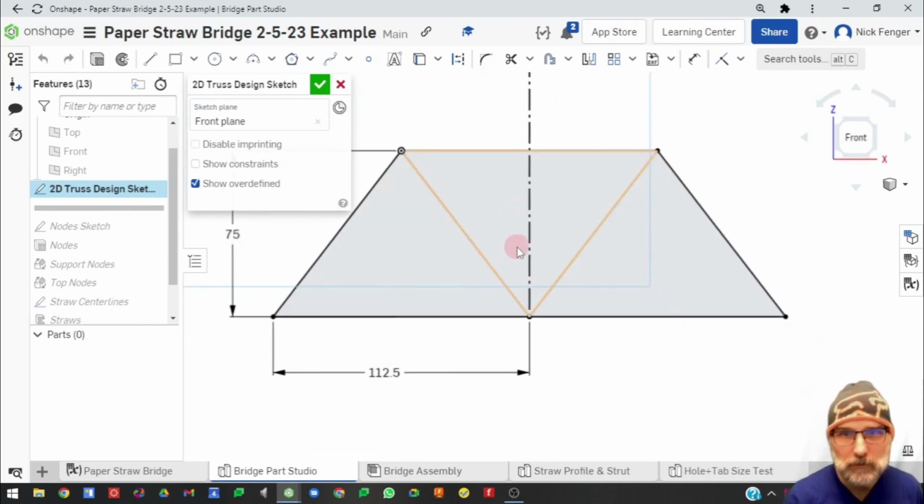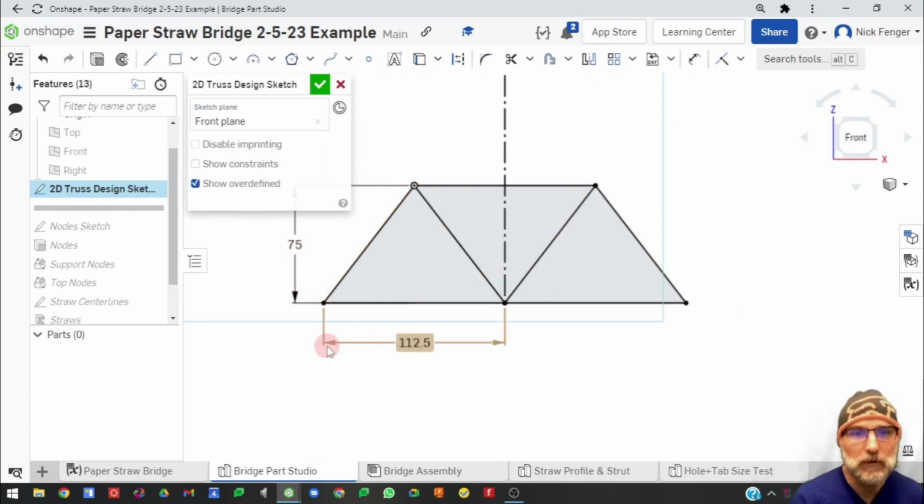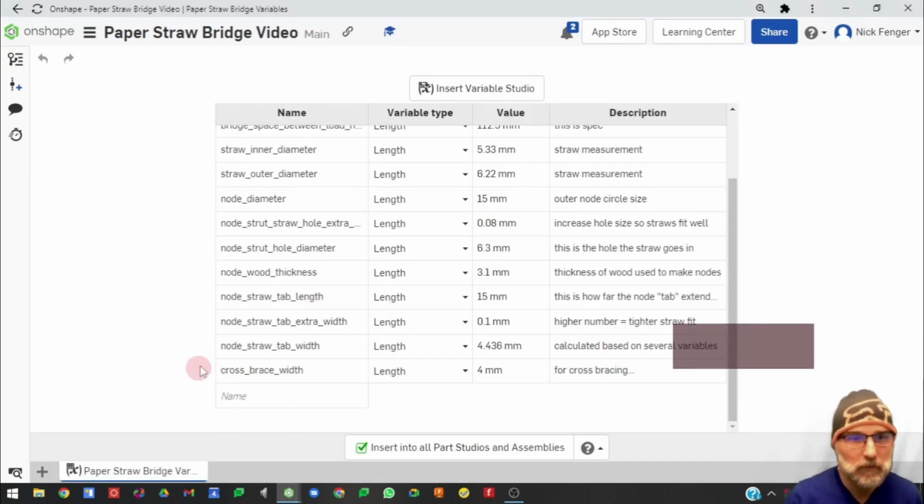So we're just going to draw a very simple bridge here. Yours will be a little more complicated. This is the spec for the node to support node spacing. This is just what I chose here for my height. So let's jump over and go to our other